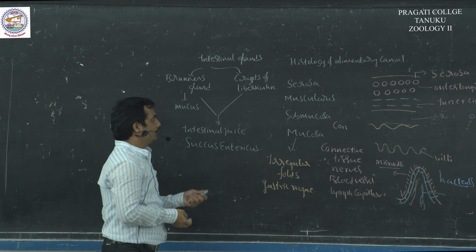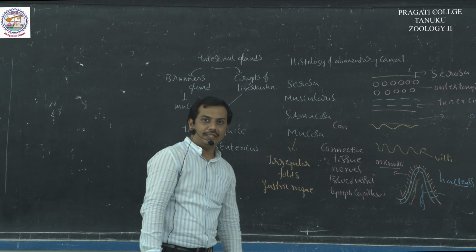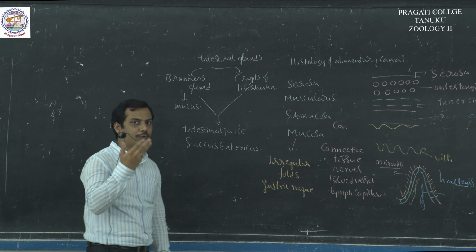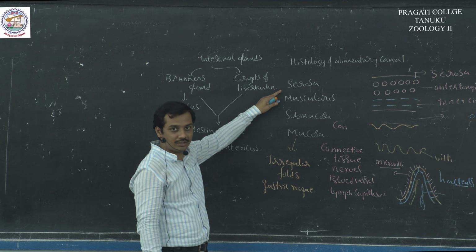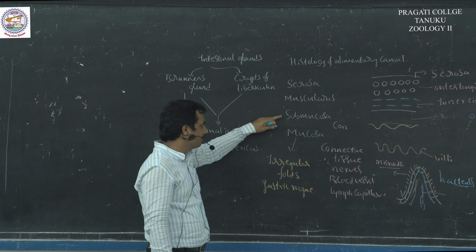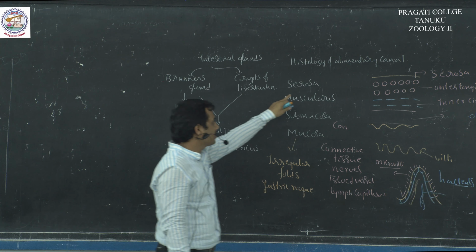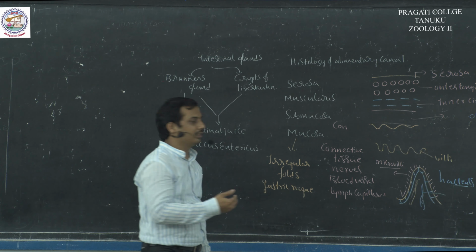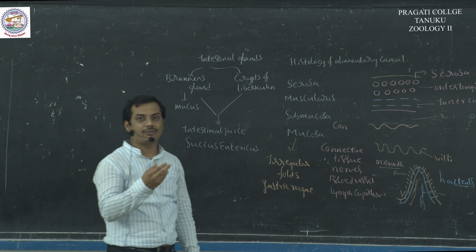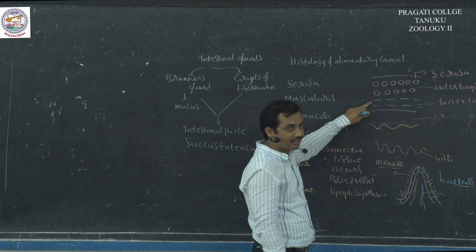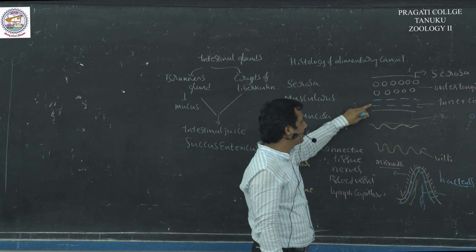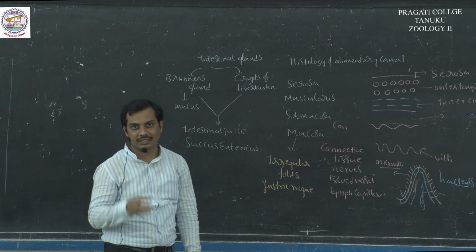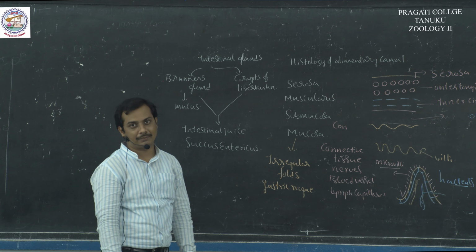Okay. So, the wall of the intestine starting from the esophagus to the rectum consists of 4 layers, namely outer serosa, followed by muscularis, and then submucosa and the mucosa. Serosa is the outermost layer made up of thin mesothelium. Below the serosa, muscularis externa is present. It consists of outer longitudinal muscles and inner circular muscles. Below the circular muscles, the submucosal layer is present. It consists of connective tissue, blood vessels, nerves, and lymph capillaries.